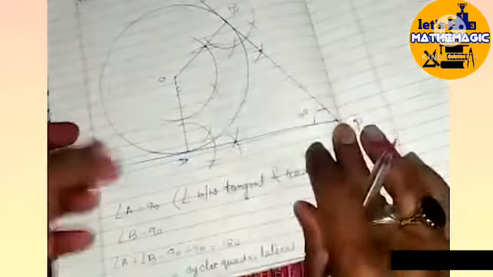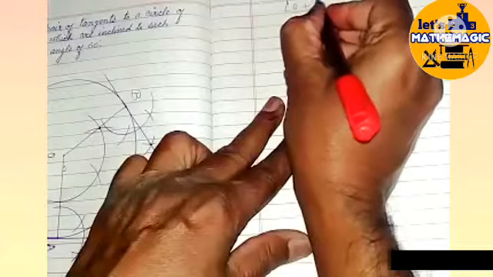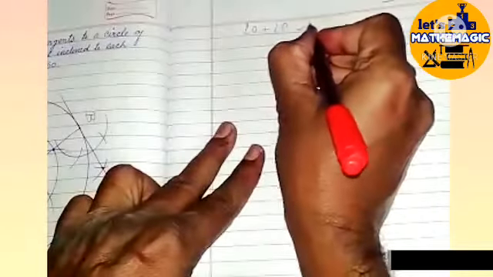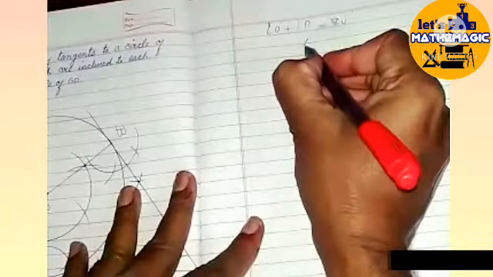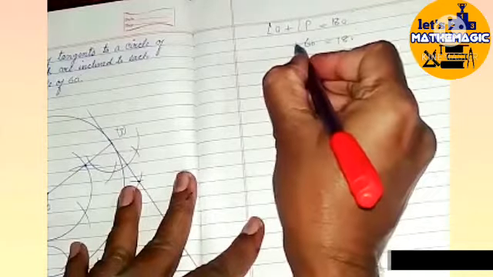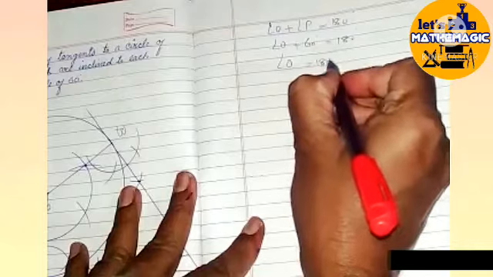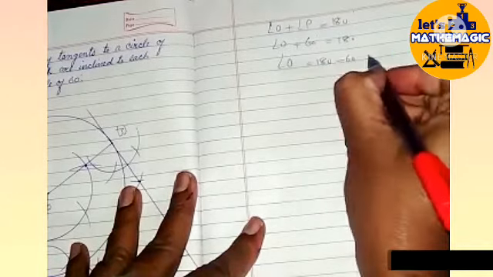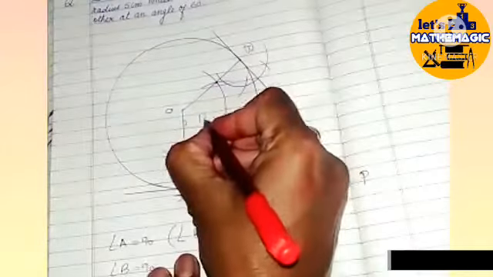So when it is a cyclic quadrilateral, here also the sum of opposite angles will be 180. So here angle O plus angle P will also be equal to 180 degrees. Angle P we want to be 60 degrees. This is 180. So angle O how much? We will have to calculate. So angle O will be equal to 180 minus 60. So 120 degrees will come. That's why we have drawn here this 120 degree angle.